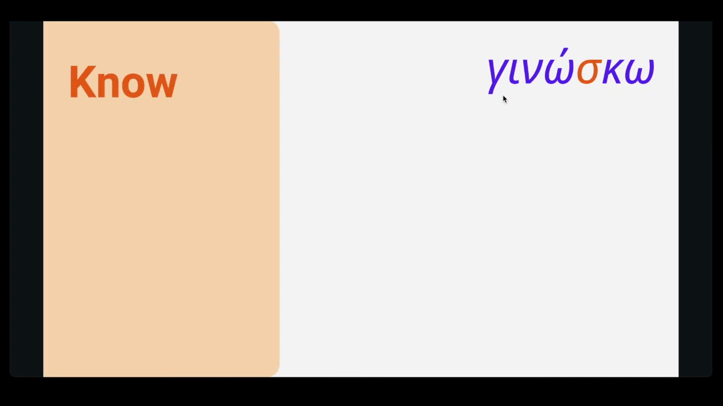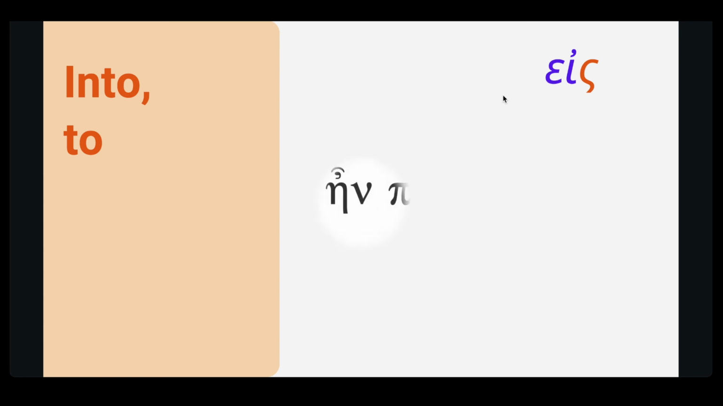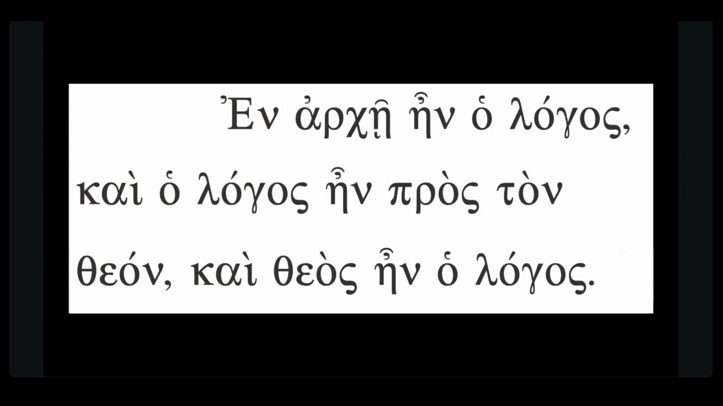The word know also has sigma in it, gnosko. We've got gamma, iota, nu, omega, sigma, kappa, omega. The preposition that means into or to, es. Remember that epsilon, iota are a diphthong. Oftentimes when they occur together, they make one sound. And so look at our verse that we've been working on. So before we read the text, we're going to identify the letters. So we've got epsilon, nu, alpha, rho, chi, eta, nu, omicron,